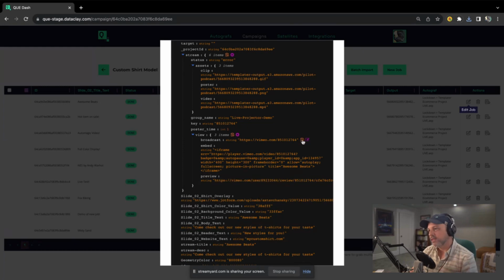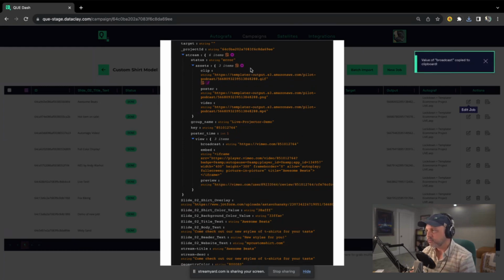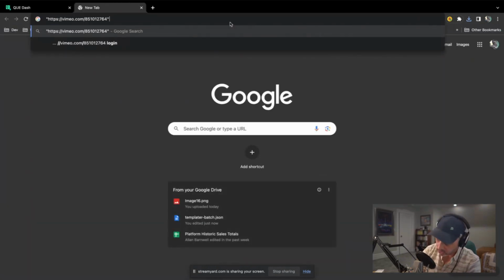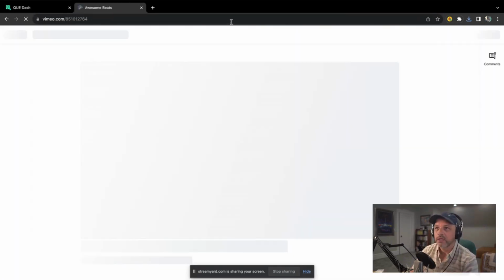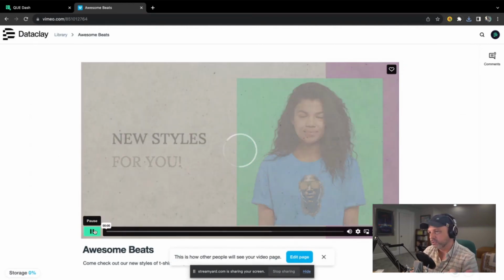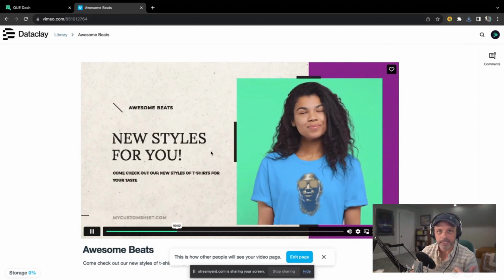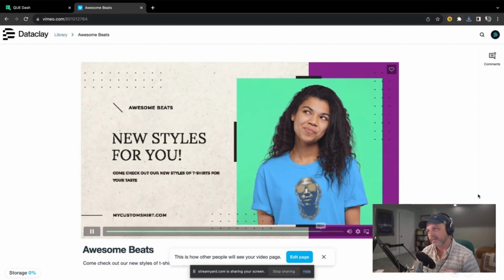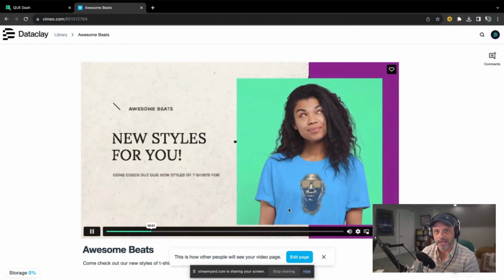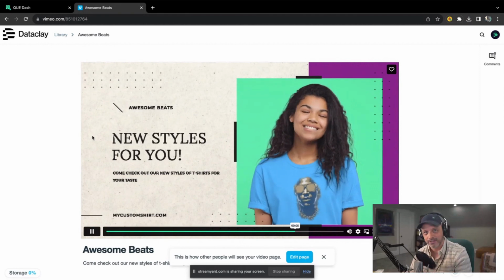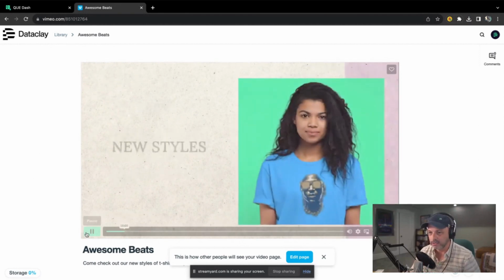So if I take this right here and I go into a new window, I got to get rid of these quotes because of the copy function there. You can see it takes us right here. And so in the future, what we're going to do is have a pop-up window inside of the QUE dashboard that would show the asset, so you don't have to actually leave QUE to QA. So that's in the works right now.